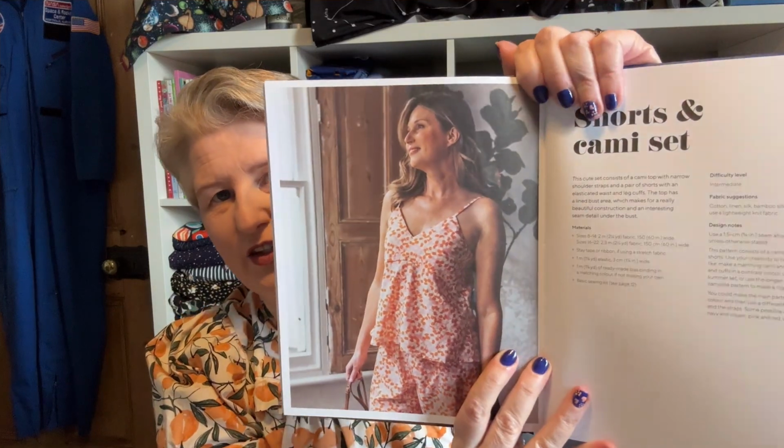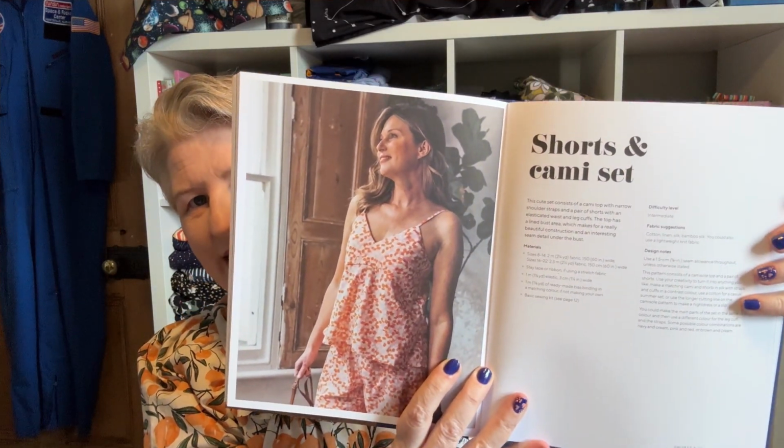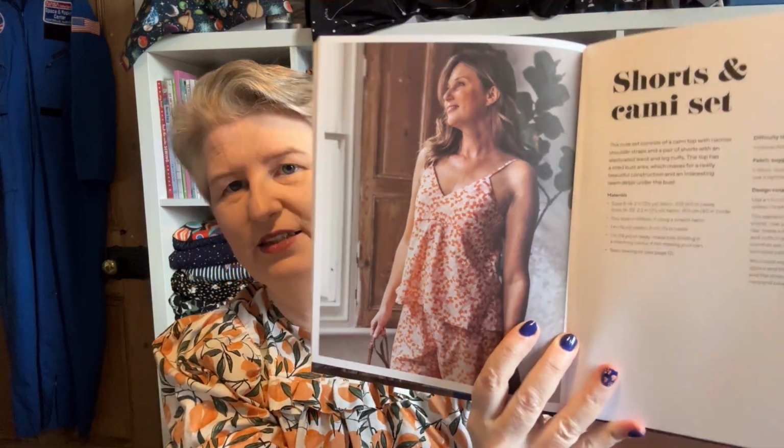So I've gone for the cami shorts, the cami top and shorts set. And the idea is for me to wear them as pajamas. So, and of course, having marked the page, I now cannot find them. And here they are. So as you can see, it's a shorts and cami set. Nice for kind of holiday pajamas, or for me just everyday pajamas, and I have decided to make them in this peachy